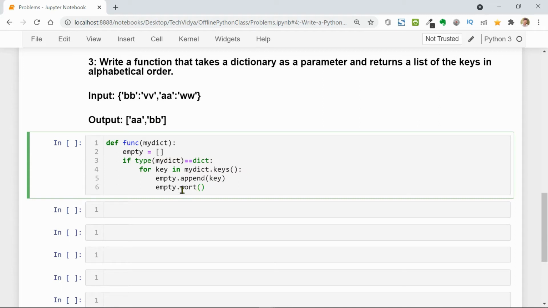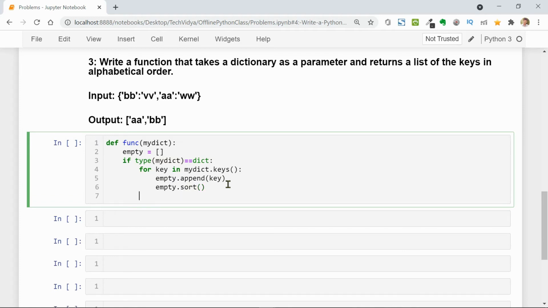This sort function will sort all the elements present in the list. So empty.sort will sort all the elements, and then just return. What do I want to return? The empty list, right? So after this loop is over, I want to return empty.